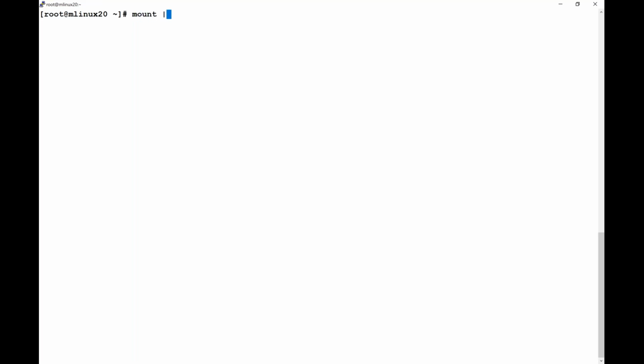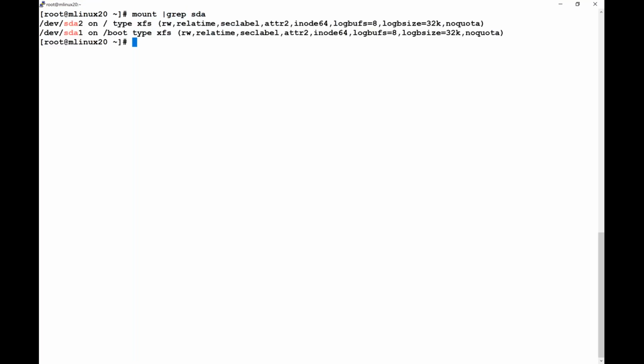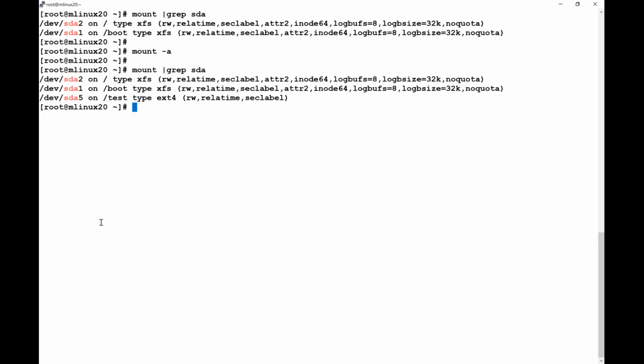So as of now, if you say grep for SDA, you will find that SDA2 is there, SDA1 is there, but SDA5 is not there. Now when I run the command mount -a, see, no error is printed. If there is the slightest mistake in the field, instead of mounting, it will throw an error on the screen. Now, if you go with mount and grep for SDA, did you see that SDA5 is now connected to test,